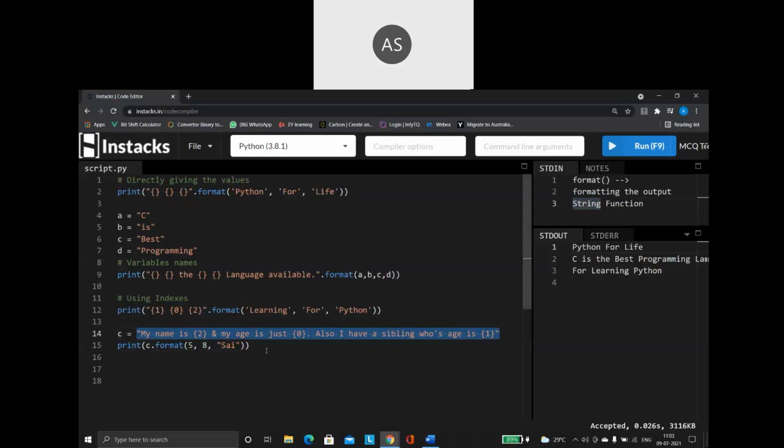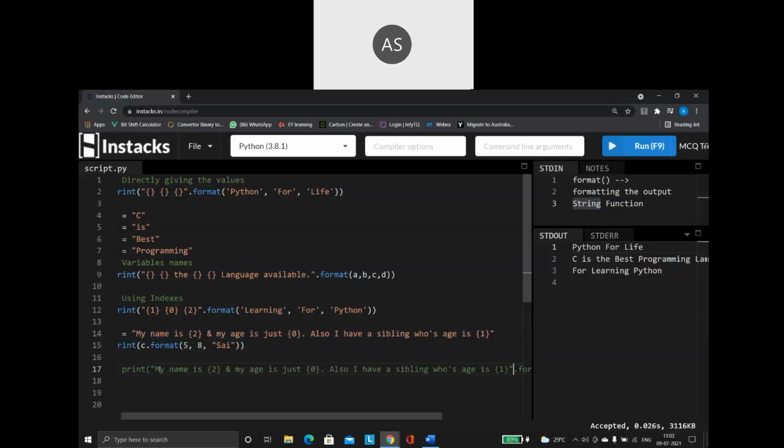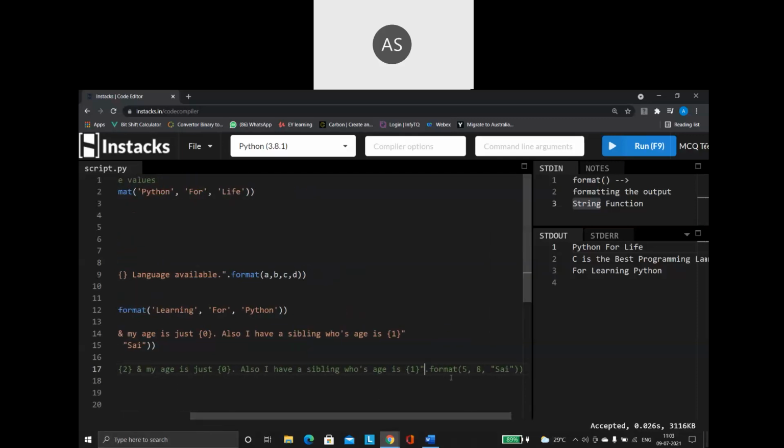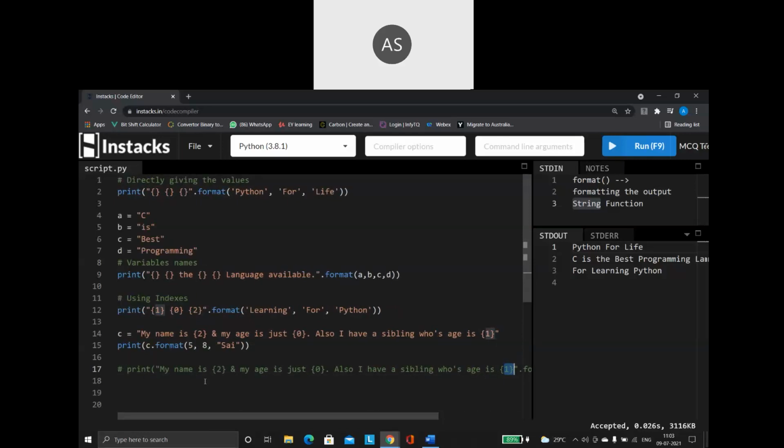So this is equivalent to writing like this. Let me put this in a comment so I don't want this to execute. This is the same as writing, in the place of C, this entire string, then dot, then using this. So again what will happen? The values are going to get substituted in the place of the curly braces. That is sure. But instead of putting the string inside the printf, what I am doing is creating a string variable, then I am saying that variable dot.